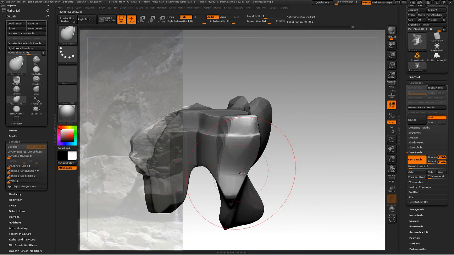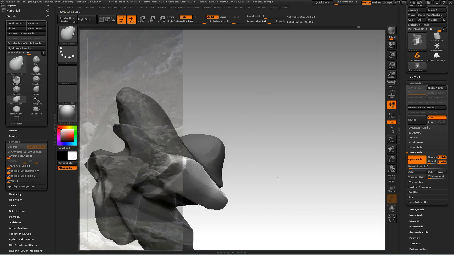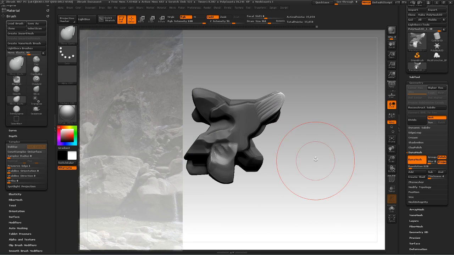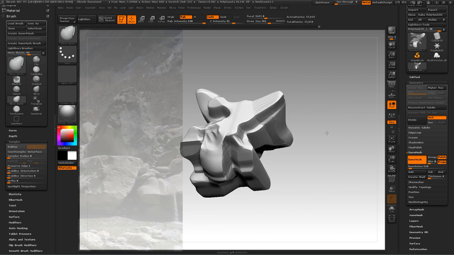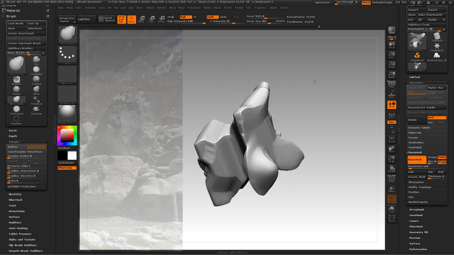And then just bring things out. Yep. And then when I'm happy with it, when I'm confident that this is going to be my,